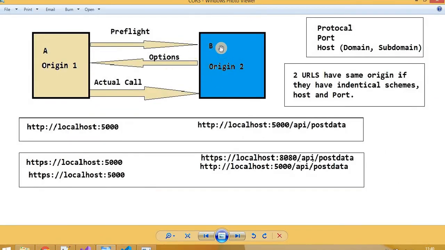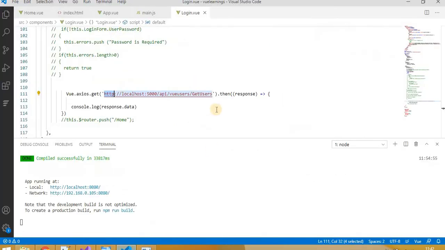Then the Web API checks in the middleware for the rules, the CORS implementation, whether you are allowed to hit this Web API or not, and the details are returned in the OPTIONS call, and then the actual call is made. So it's the browser who decides if a preflight request is required or not.